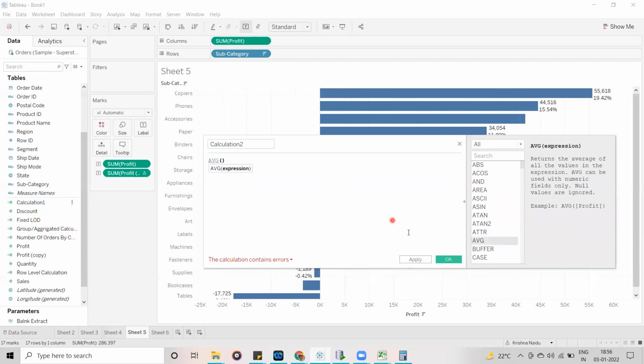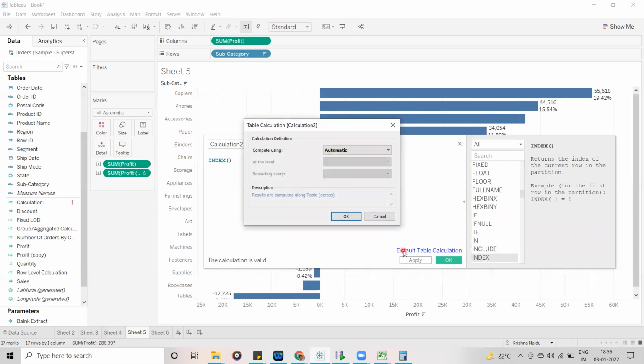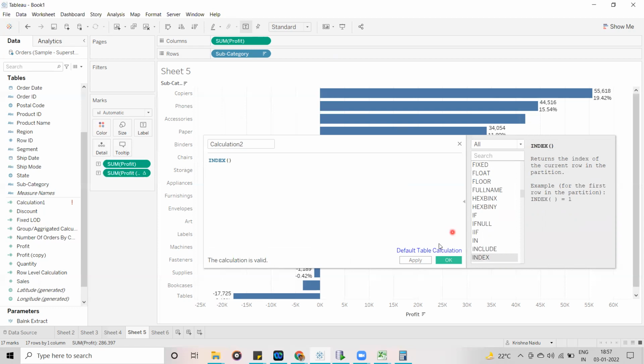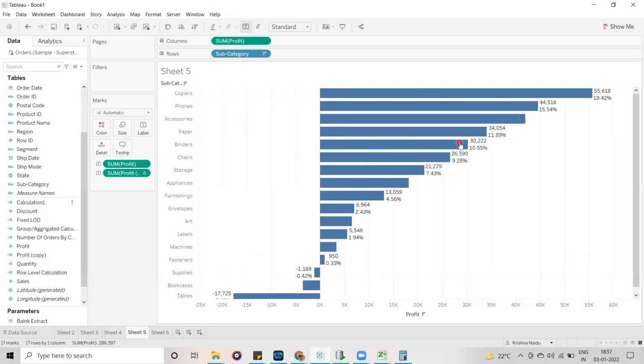Now you can see you are not getting the table calculation option. Whenever you use table calculation functions, only then do you get this option, with default table calculations and compute using automatic, category and different ways. I will explain these table calculations tomorrow. But till now, whatever I explained, is it clear, guys?